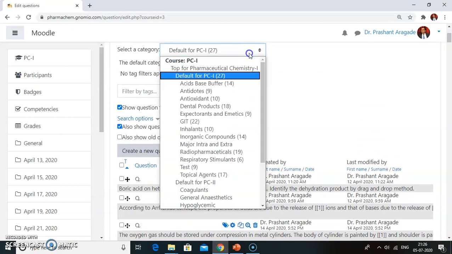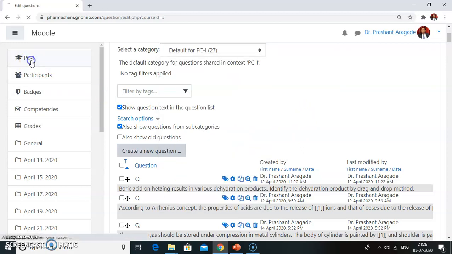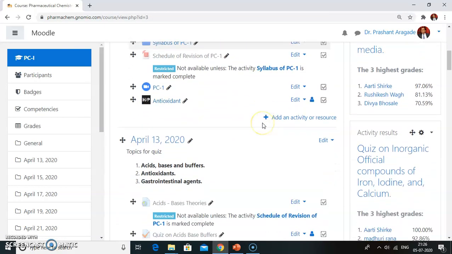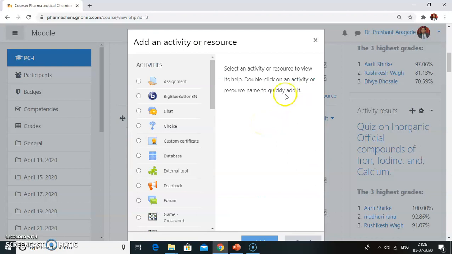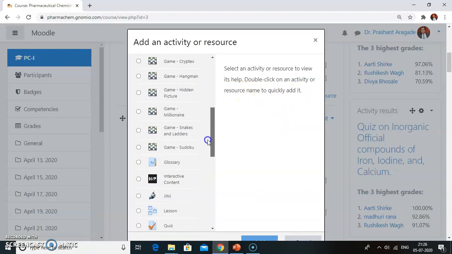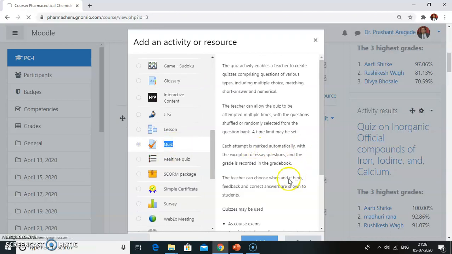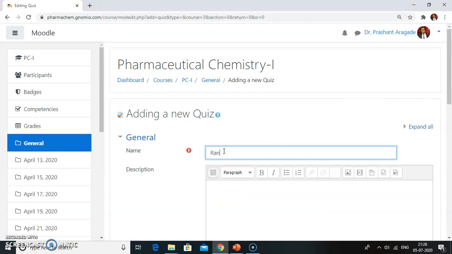See here, I have created the categories of the question bank along with the number of questions added in each category. So just go back to your course, turn editing on, and after that click on add an activity or resource, then select a quiz activity from this list and give the name as random quiz.